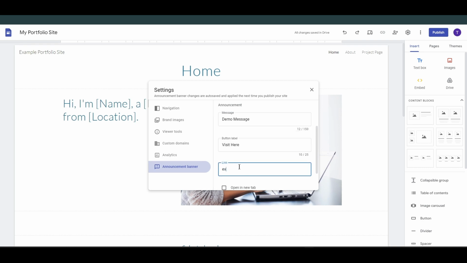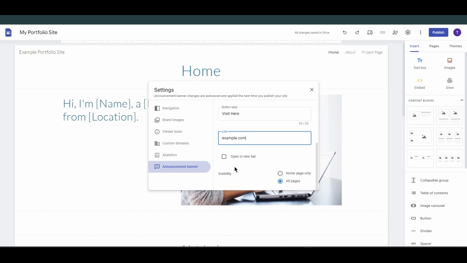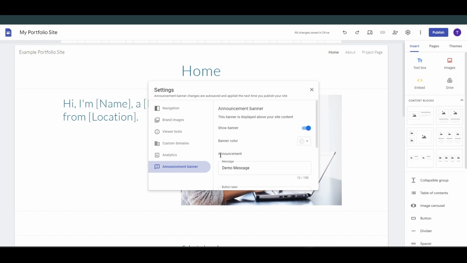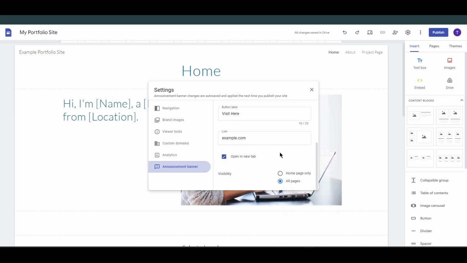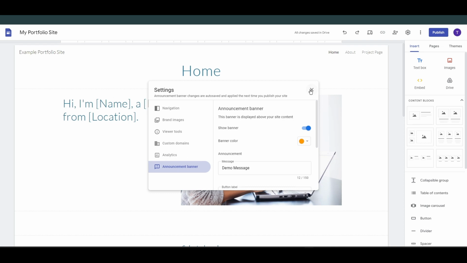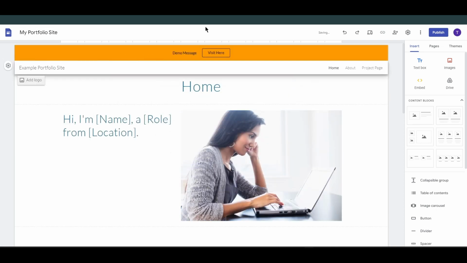You can add links in your announcement. Check the settings and adjust to your requirements.